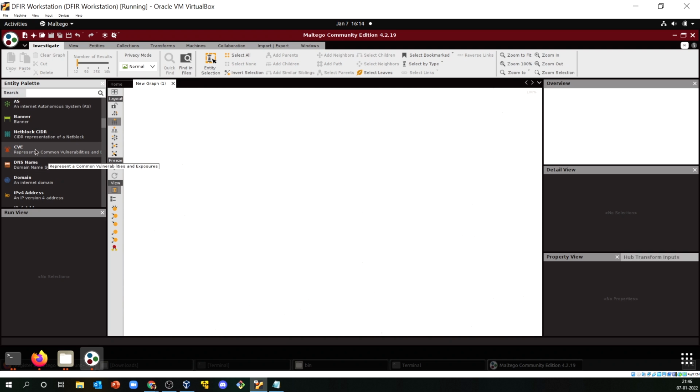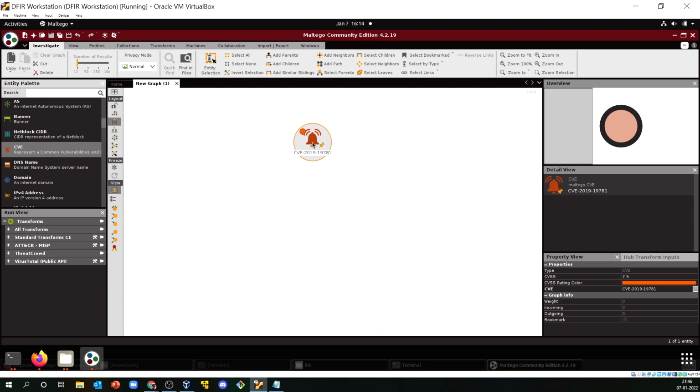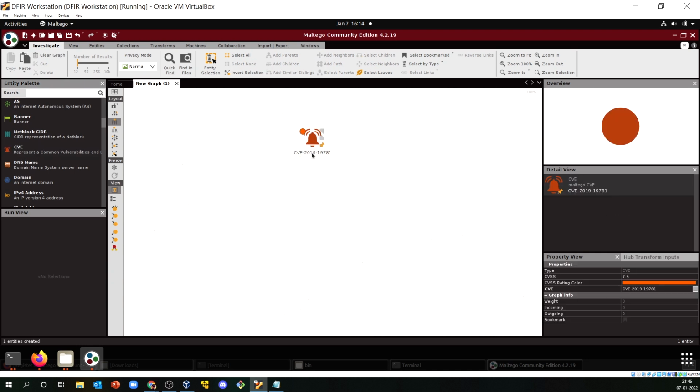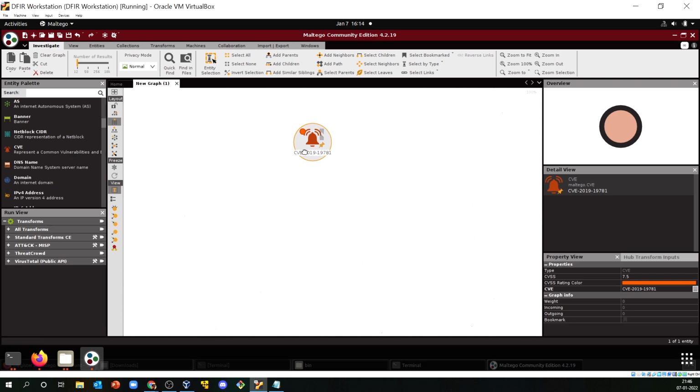Let's say you have a CVE, you can drag it over here and it will load that CVE, and you can keep playing with it. Now depending on which CVE ID you are working on, you can edit that option in the right hand area and correct the proper version.